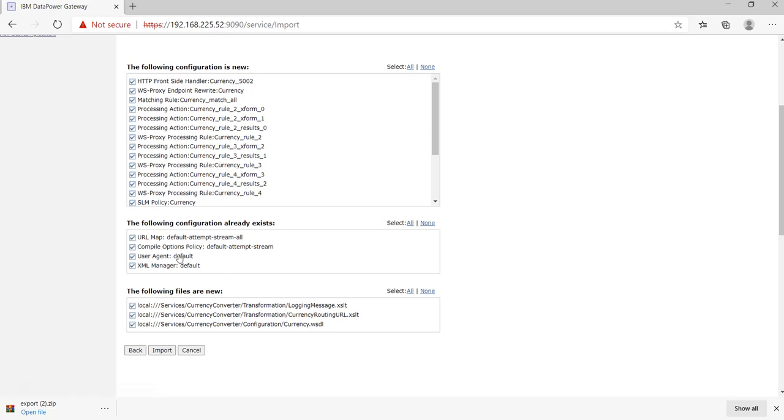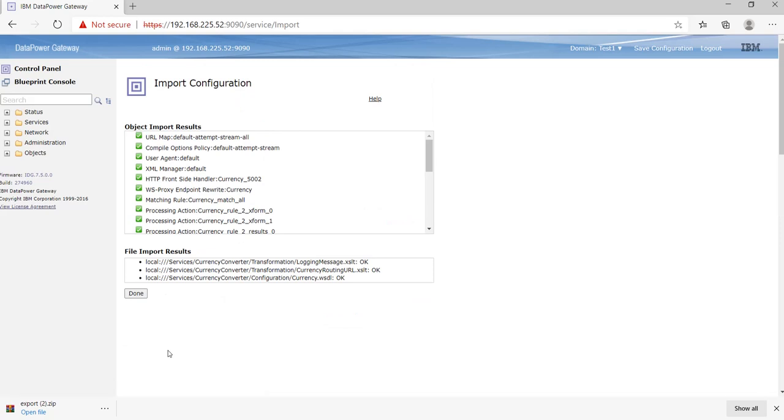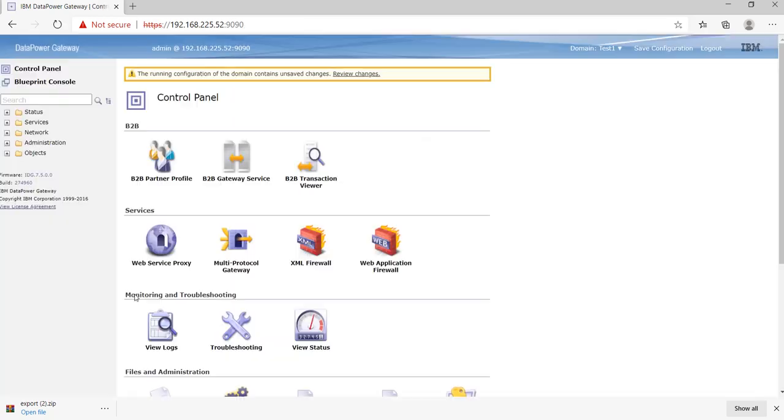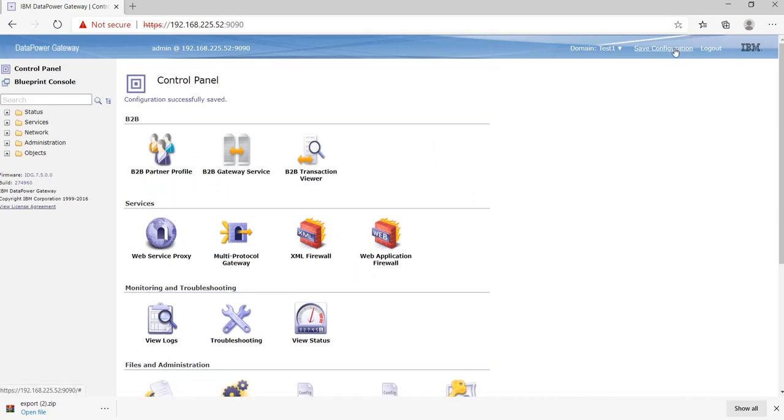Just make sure whether you need all the changes in the current domain or not, or if you don't want to overwrite all the changes for a particular object, then you can select or unselect that object accordingly. So here we'll click on import. Okay, all files are done, I will click on done. Here we need to save the configuration.